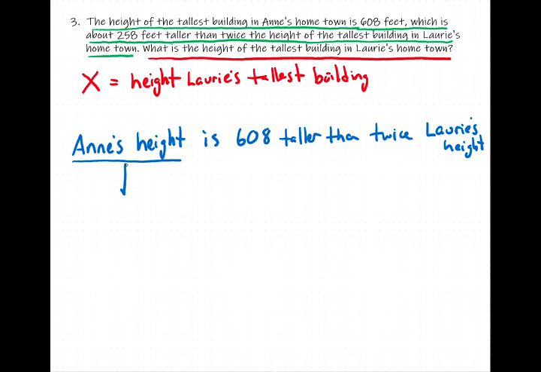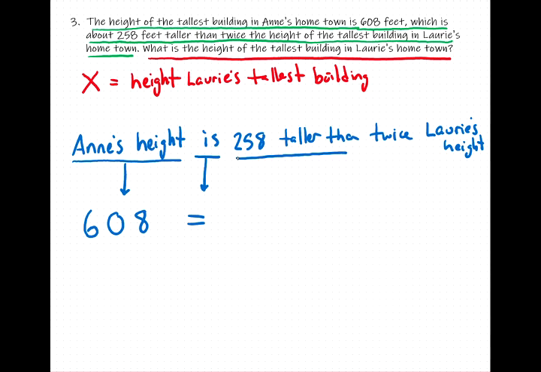Anne's height, or the height of the tallest building in Anne's hometown. That's given. That's a number. We know that number. We don't need a variable here. That's 608 feet. Oops, sorry. That was a mistake. I used the wrong number from the problem. Is 258 feet taller. I think I may have said that, but I wrote 608. So 608 equals